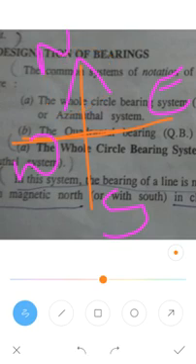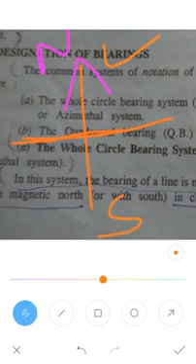Usually in the drawing also we will show north like this. This indicates the direction of the north. The opposite end is this one, this will be south. The right side will be east and the left side will be west. This is how the north, east, south, west sides will be divided.